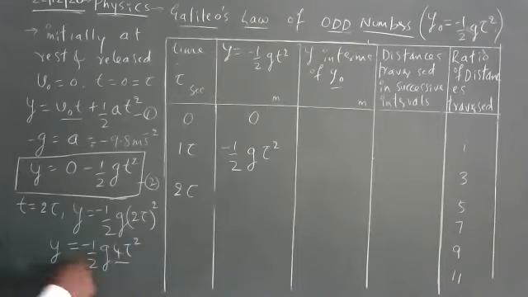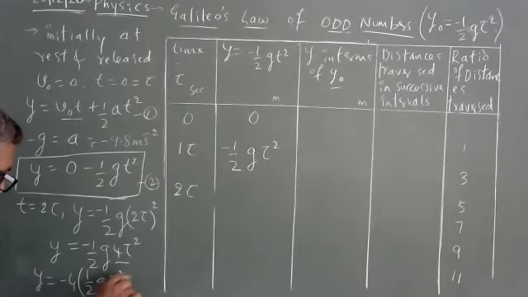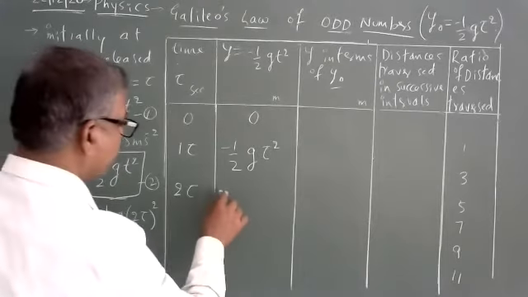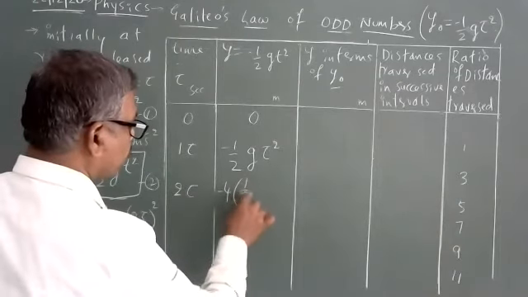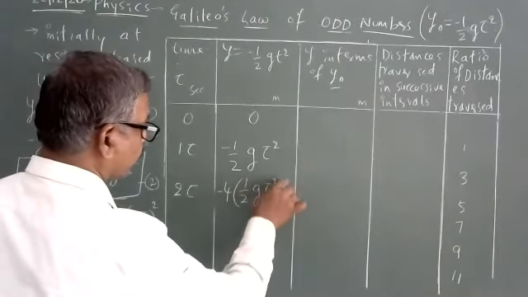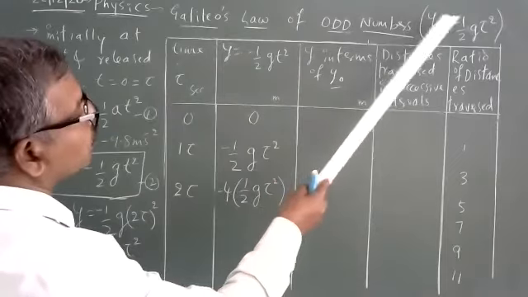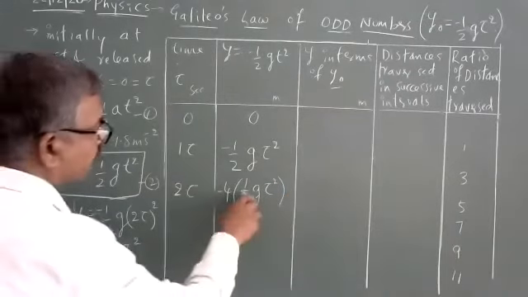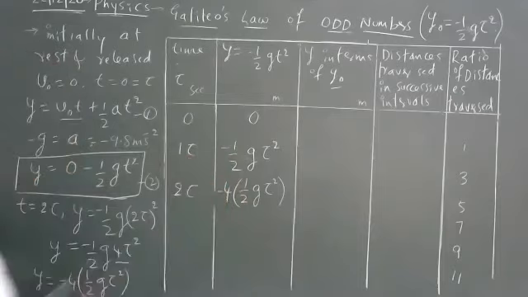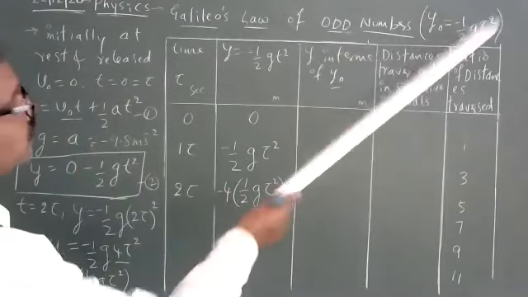This 4 is taken out, this whole is common made. Like I will write it, y equal to minus 4 inside bracket 1 by 2 g tau square. I can write it minus 4 half, because it is minus half is there. Take minus outside, 4 outside, it becomes 1 by 2 g tau square. Directly I'll be writing minus 4 inside bracket 1 by 2 g tau square. That's why this 1 by 2 g tau square, y naught equal to minus, or anything you take, it is minus or plus. So it becomes finally y naught is taken as minus 1 by 2 g tau square.